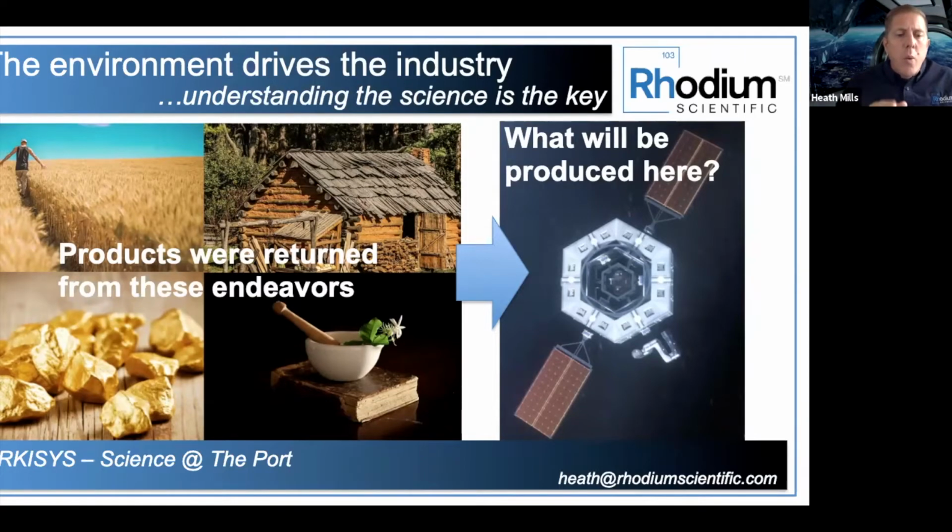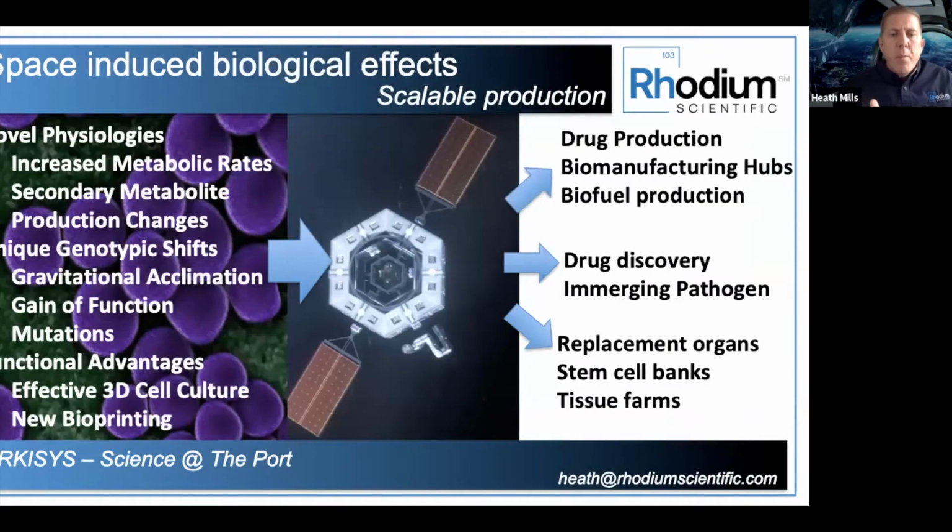So what do we know about this environment? Now, luckily for us, we're not the first ones to go to space. We've been there before. We've been there a long time. And so there's a lot of data out there right now that can be mined to understand what are the advantages for being in this environment. What can we expect? I'm going to talk about biology, chemistry, and physics, science. From a biological standpoint,